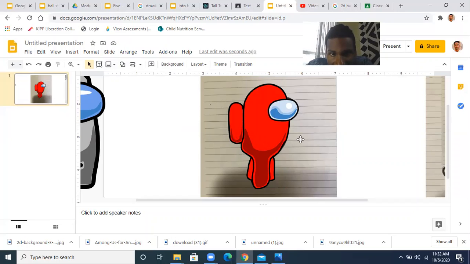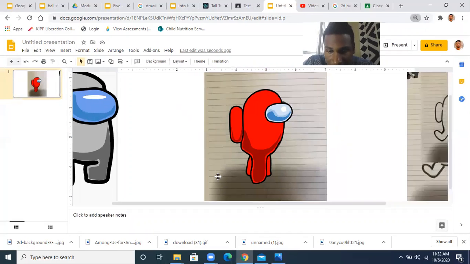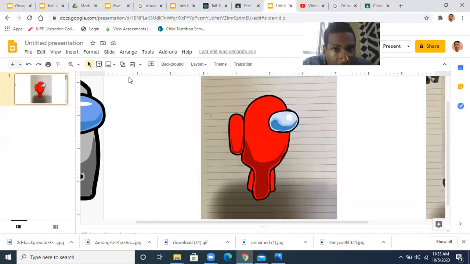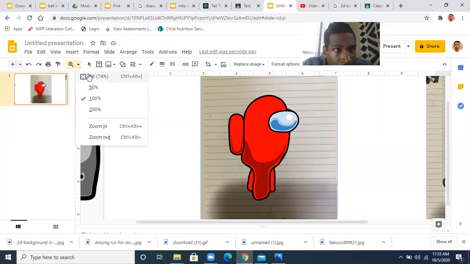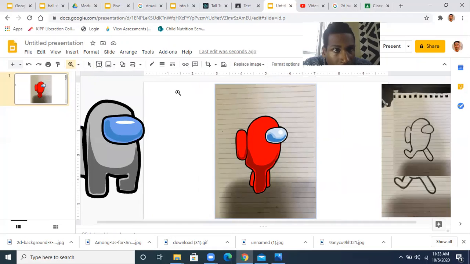And not everything on here is perfect, but it's okay. I mean, if we had a better program, we can go in here and get this stuff close, but it is what it is. All right, so get that part done. Let me not forget this last, almost most important step. You're going to have to group your work, so that way it's all one picture. So let me move some of this stuff out of the way. Let me zoom back out to normal view. Click the arrow, move that over,